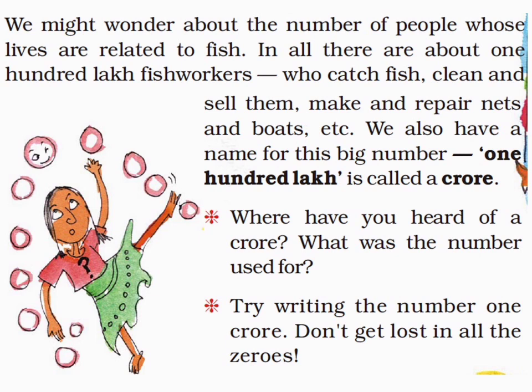Where have you heard of a crore? What was the number used for? Maybe the population of our country, India. Maybe the wealth of some rich people like Ambani and Adani. Maybe. So you find out. Then try writing the number 1 crore. Don't get lost in all the zeros. That's all for